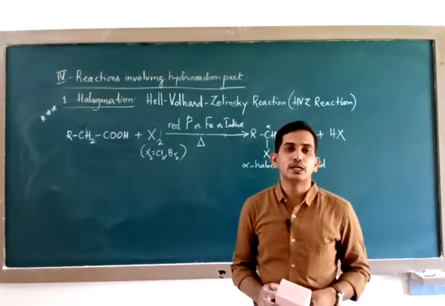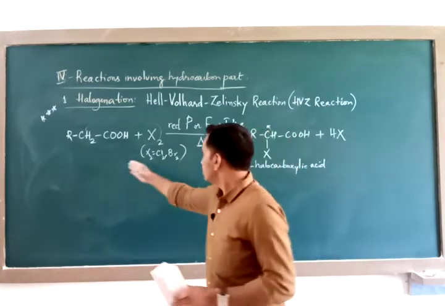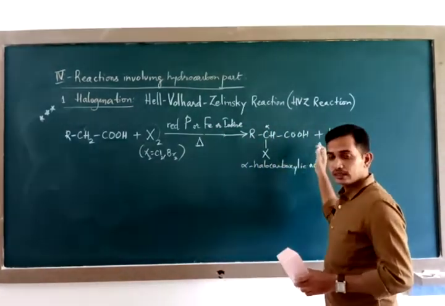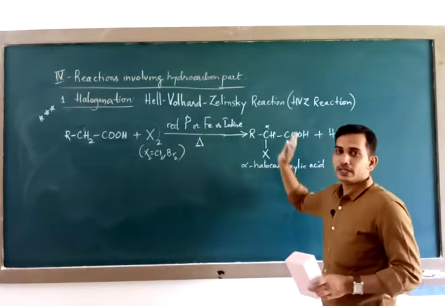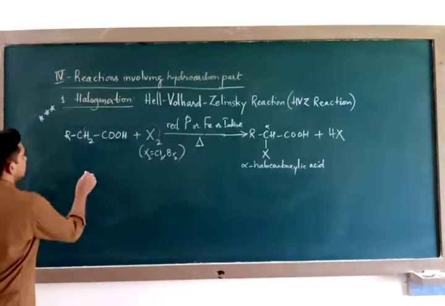What kind of questions can you expect from this equation? They will give you the equation, you are supposed to identify the products, the name of the product and the name of the reaction. That is for 3 marks. Or else, you see, if this is given